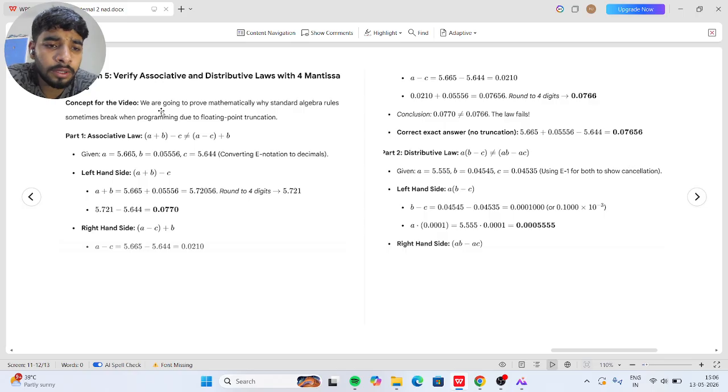First, the associative law: (a + b) - c is not equal to (a - c) + b. Here the given a value is 5.665, b value is 0.05556, and c equals 5.644. Converting to decimals, we first solve the left hand side of the associative law. So left hand side (a + b): we calculate a plus b and round it to the fourth digit. Now we subtract c from (a + b), and it gives us